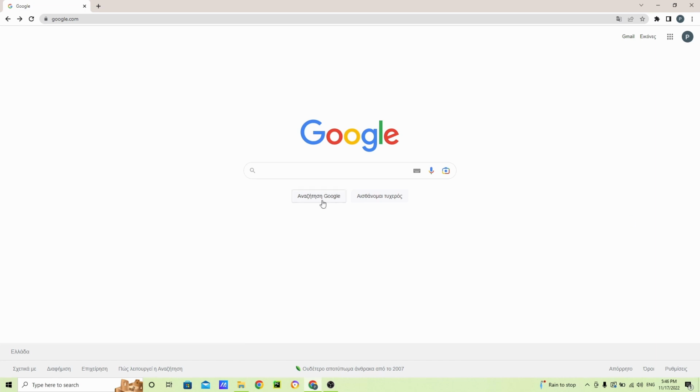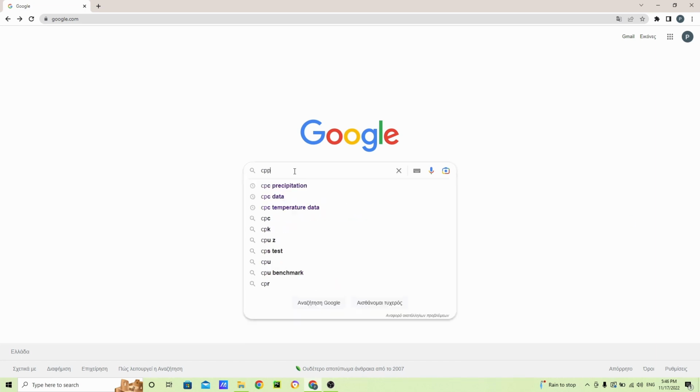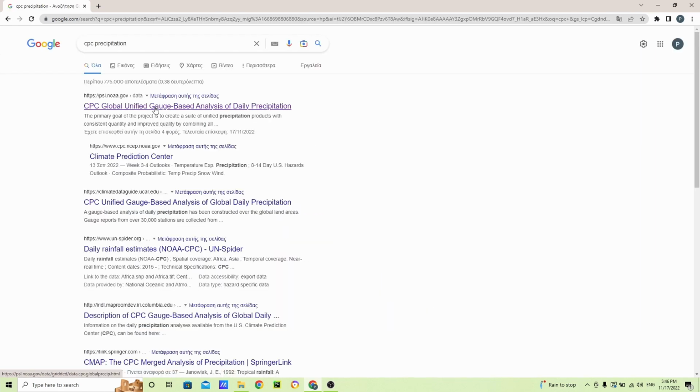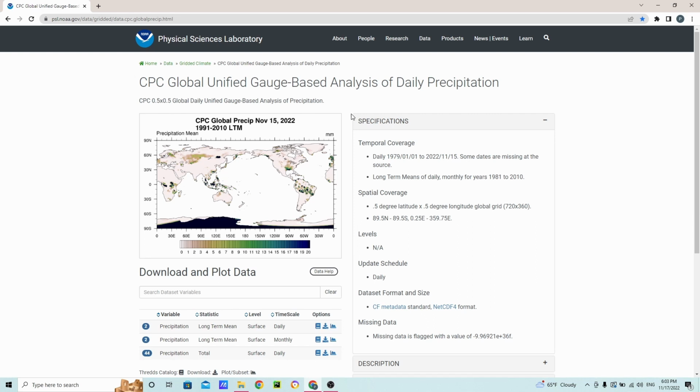Open your favorite browser and in the search bar just type CPC precipitation. Open the first result. In the specifications, we can see the temporal coverage, the spatial coverage, the levels, the update schedule, the dataset format and size, netcdf4, and finally the missing data, which is flagged with a value of approximately 10 times 10 to the power of 36. In the variable section, go to the last one, precipitation total, surface daily, press the second button,